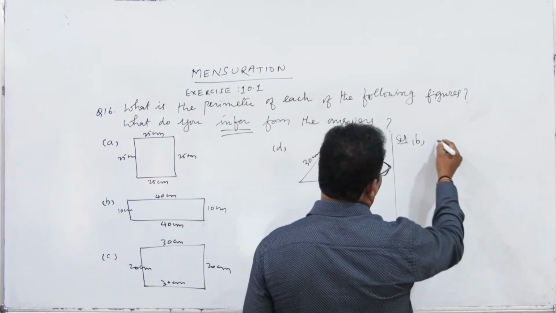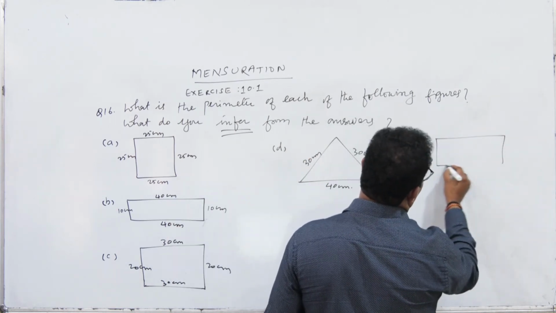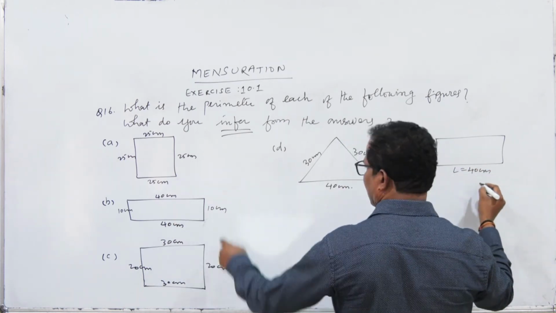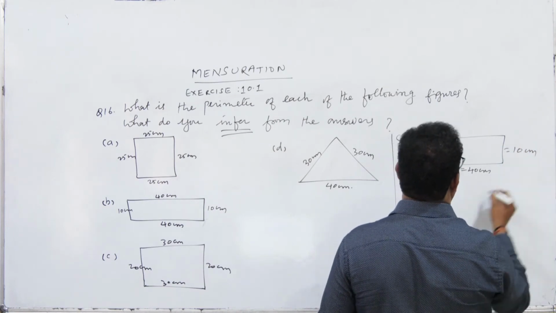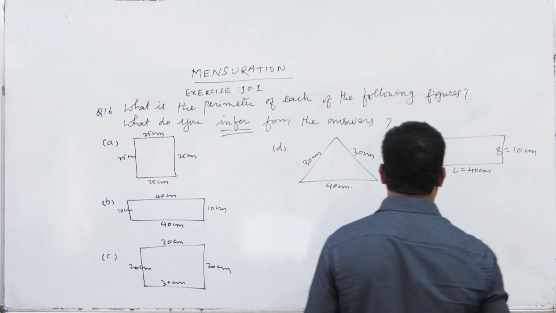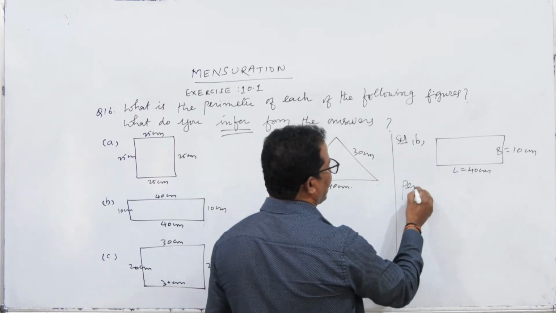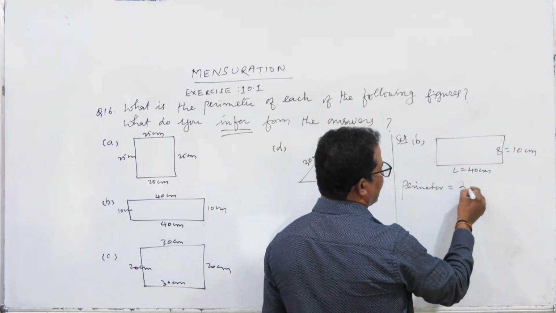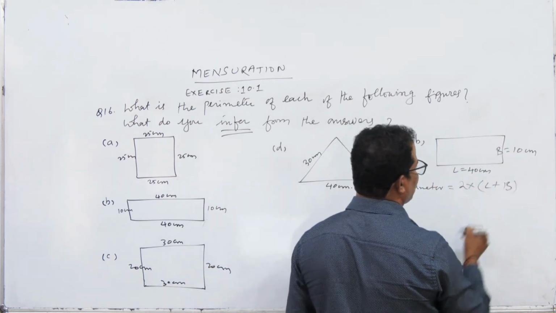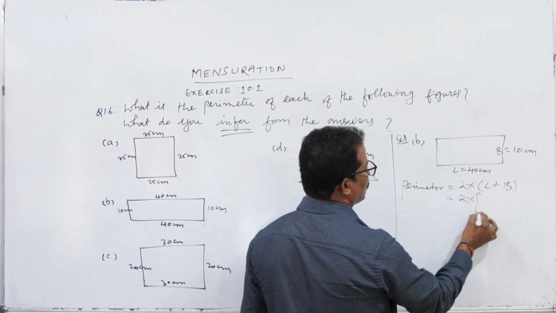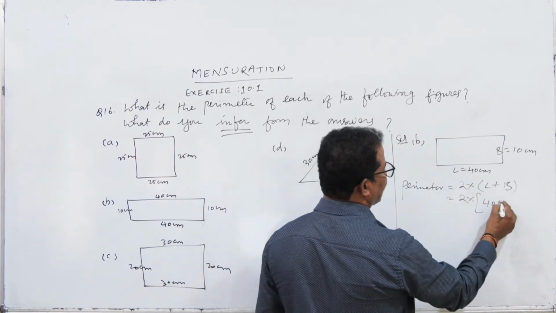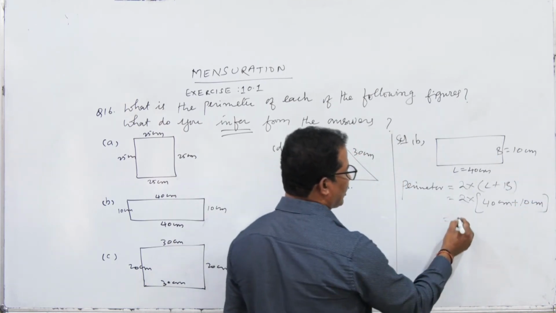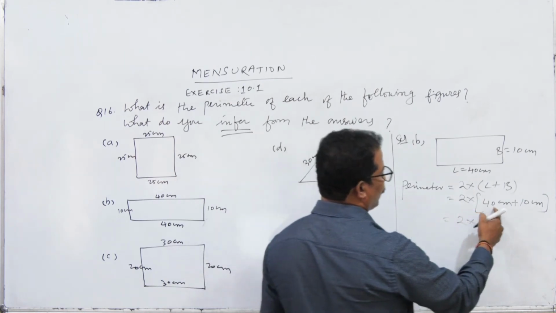Now in B question you see the solution of B. It is like a rectangle. By the given dimensions we can say it is a rectangle whose length is equal to how much? 40 centimeter and the breadth is equal to how much? 10 centimeter. So this is the breadth, this is the length. So here also we need to find the what? Perimeter. What to find? Perimeter. Being it is a rectangle, the formula is 2 into length plus breadth. That is equal to 2 into what is the length here? 40 centimeter and the breadth is 10 centimeter. Understand all of you?